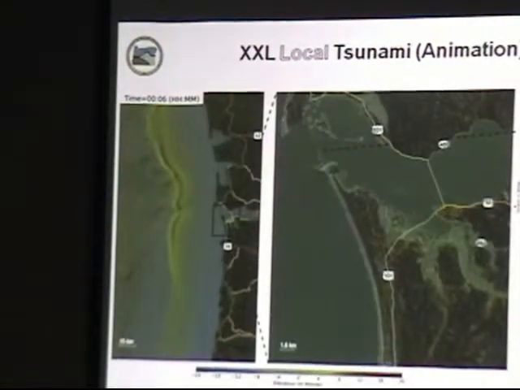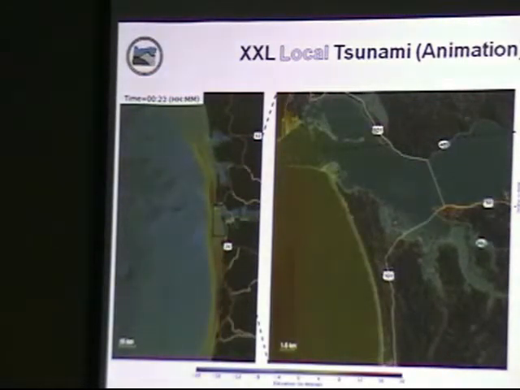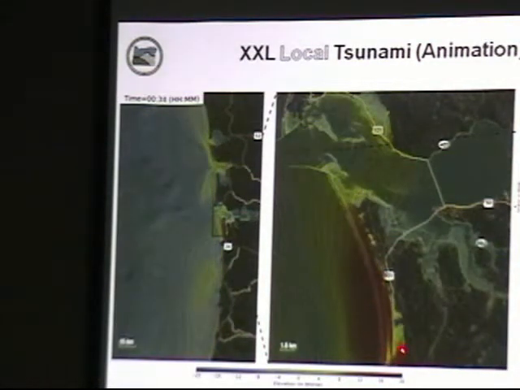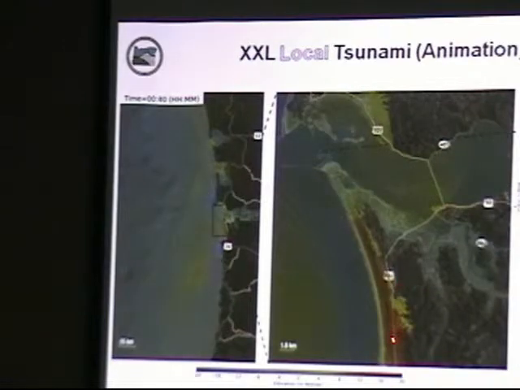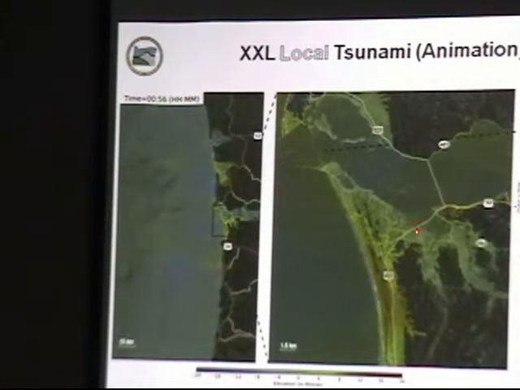So this is waves coming in. This is the big view, and you'll see it entering the beach here in a minute. These are waves coming in. These are the big waves coming in. And what you can see is them coming in, and then they also come up from Highway 101. And you'll probably notice it took a minute for that wave to come in here from the Columbia River.